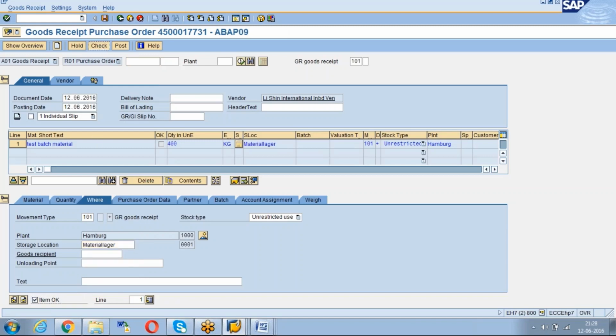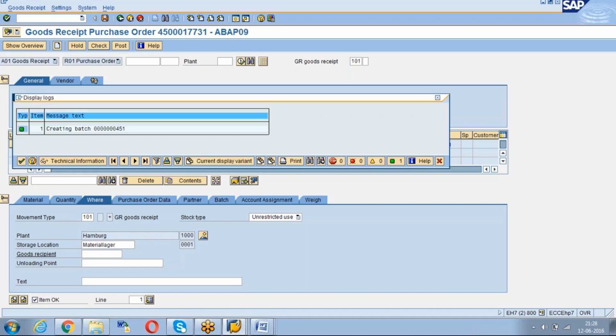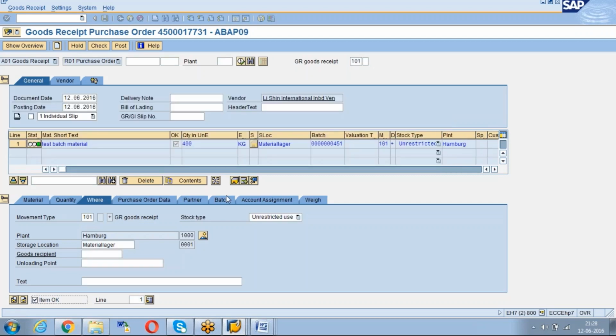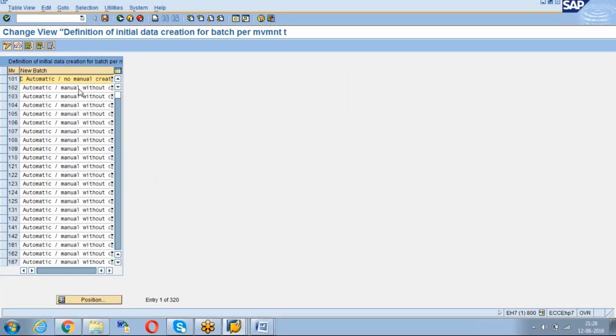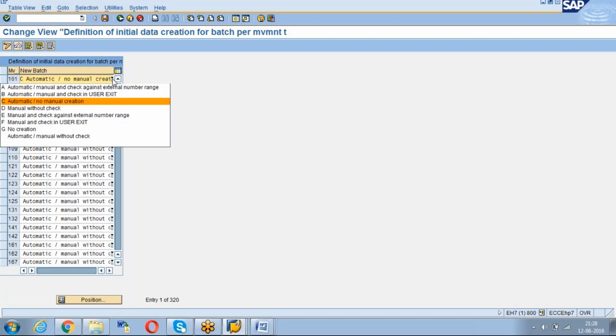Once I click on the check button, the system will generate the batch number according to the defined number series. So this is the batch series where we get the batch number. Like that, this option will work according to how we are handling it.